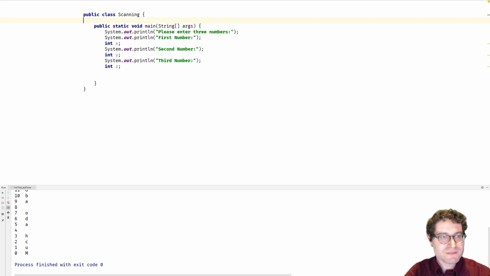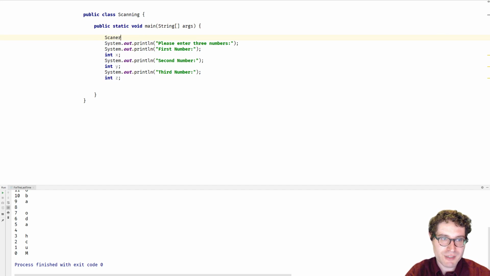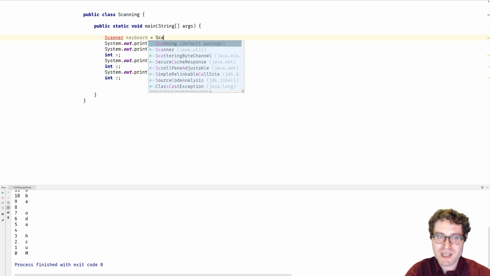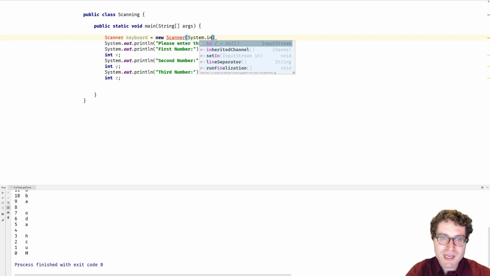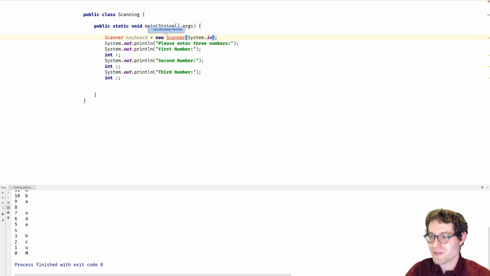So, system.println, please enter 3 numbers. So how do we get input from the user? Well, we do so using a utility called scanner. Scanner keyboard, which will represent getting the, we can name this whatever we want. I just call it keyboard to remind me that it's coming from the keyboard. New scanner, system.in. Now you're noticing that I'm getting probably a whole bunch of errors, and this is understandable because